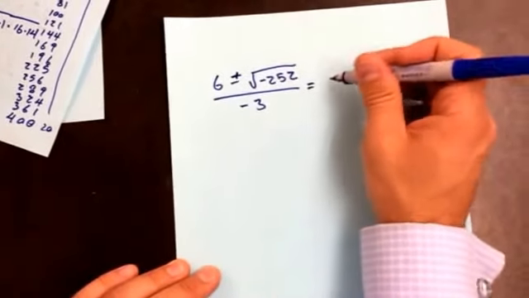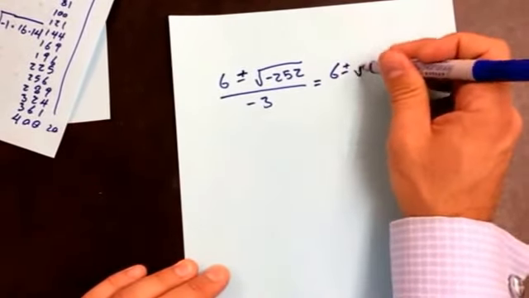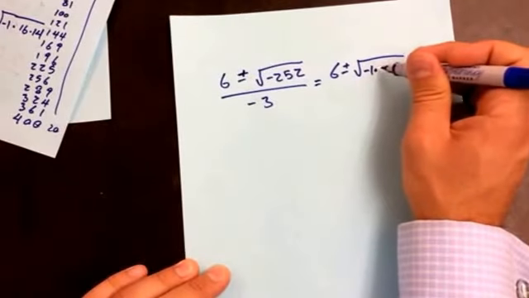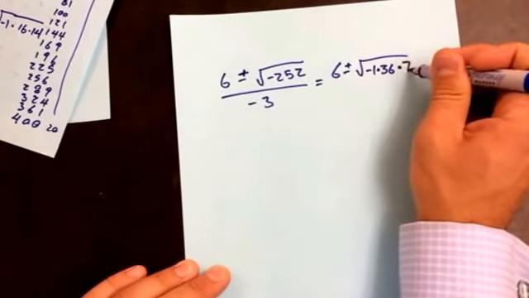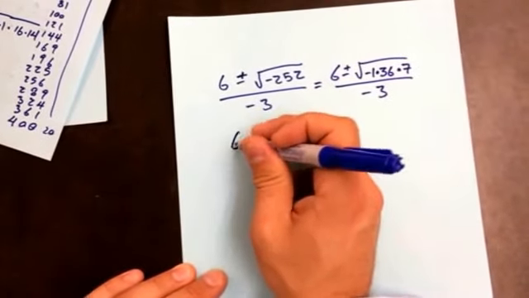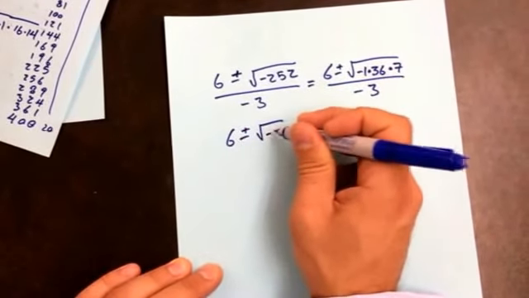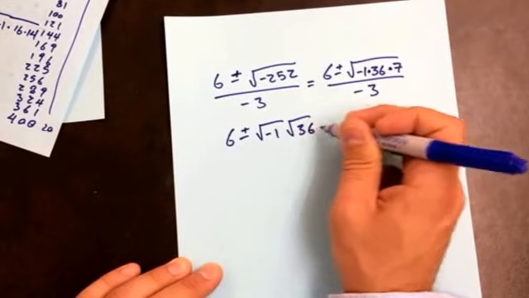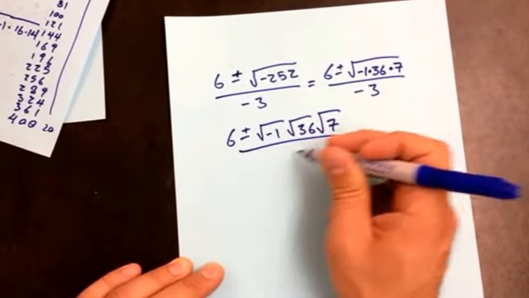This is the same thing as 6 plus or minus the square root of negative 1 times 36 times 7 over negative 3, which is the same thing as 6 plus or minus the square root of negative 1, square root of 36, square root of 7 over negative 3,